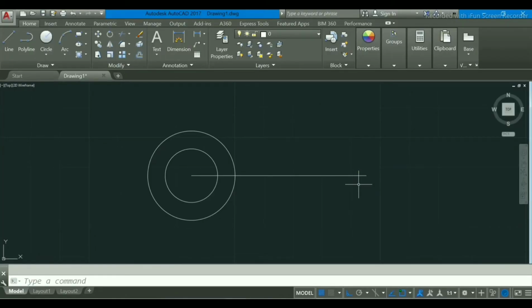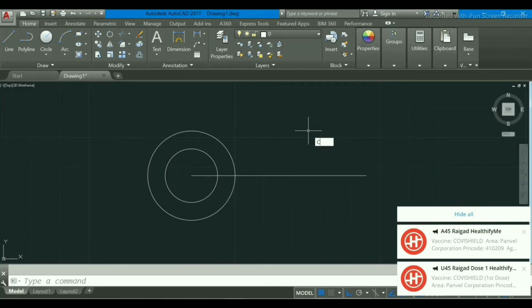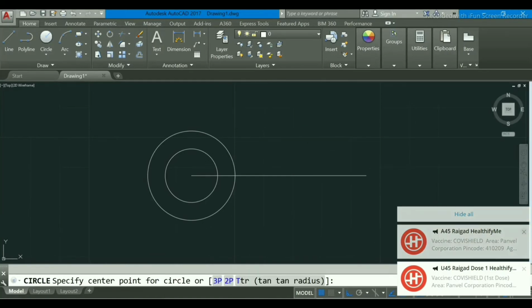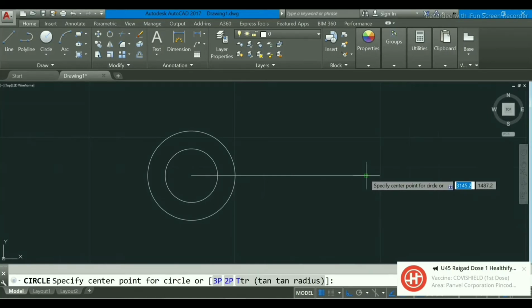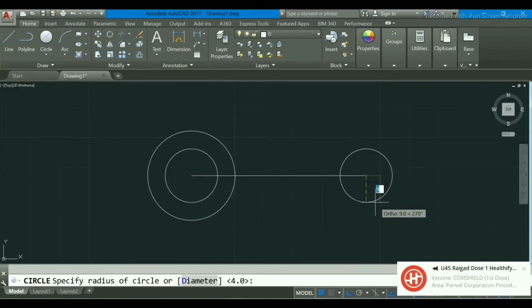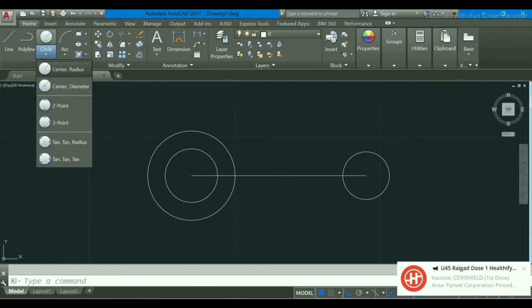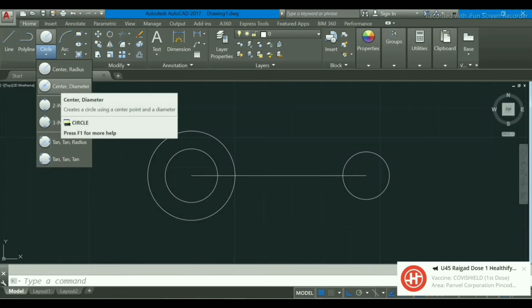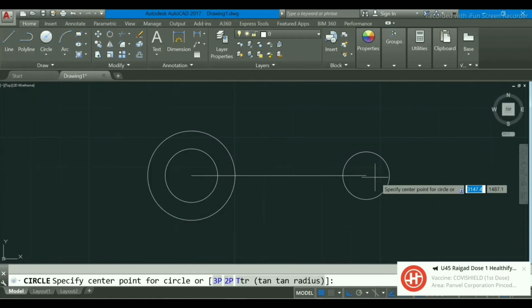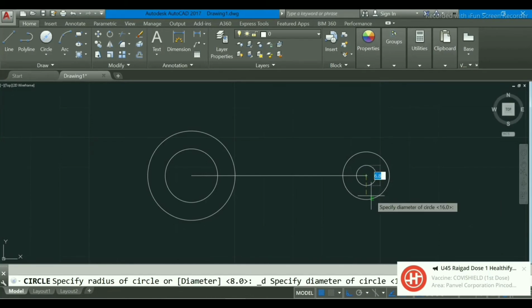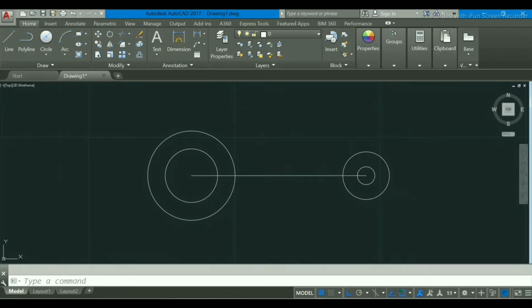No, delete this circle. Again press C, enter. Make radius 8 mm. Go to circle, center diameter, scroll down, press this endpoint and make it 6 mm diameter. Okay.